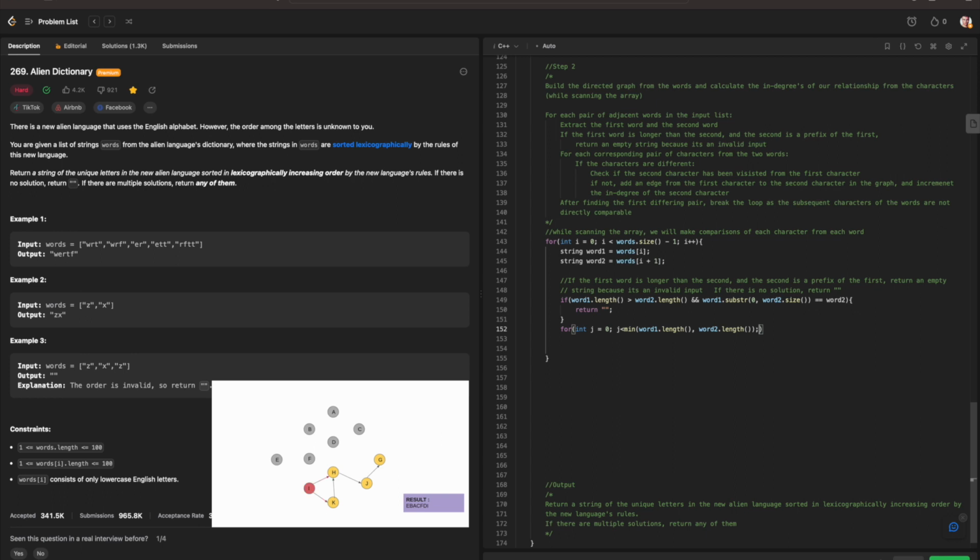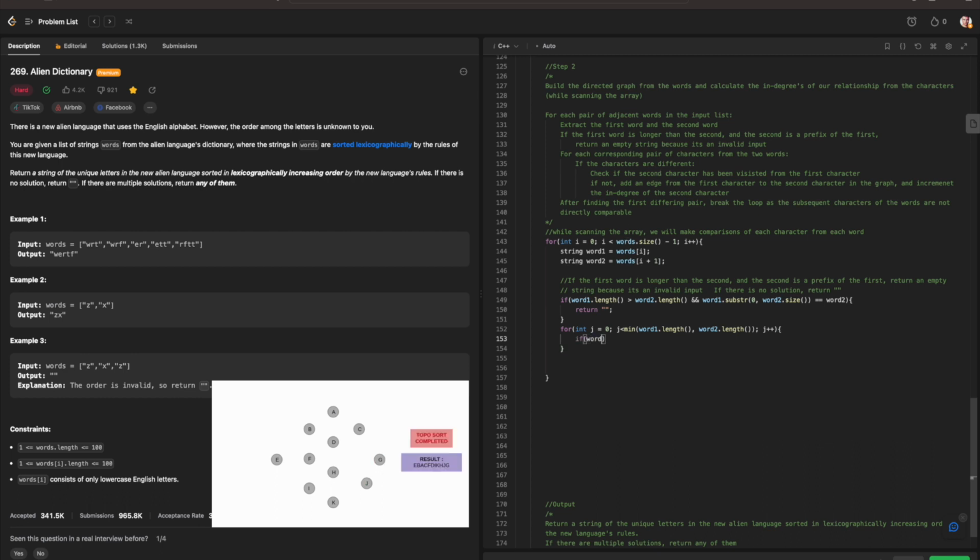Since this is how we create the for loop, j is also being incremented because we're comparing the rest of the array and the corresponding characters. And then if the characters are different, that means if word 1[j] doesn't equal word 2[j],